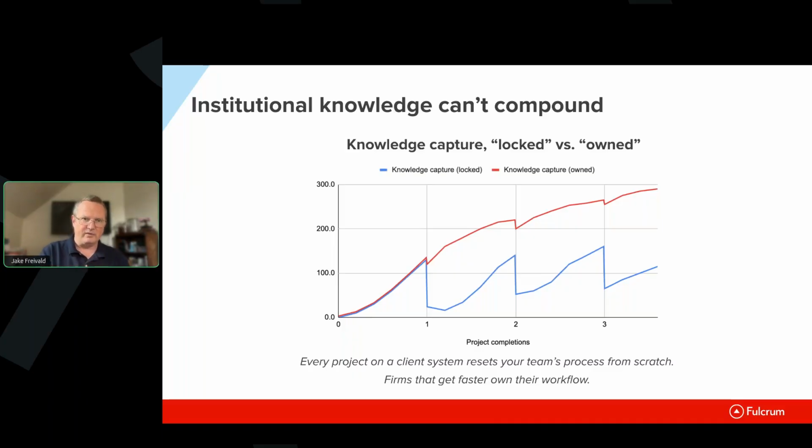So this customer found that over time, as they were able to use Fulcrum repeatedly and have their own field platform where they owned the data and they owned the processes, they were able to include a great deal more institutional knowledge. Yes, there was a little bit of a reset, but not nearly to the extent that there was when they had previously used all of the customer's software. So if you want to own your workflow and own the knowledge that comes with your workflow, then you need to own the system on which that workflow gets tracked.